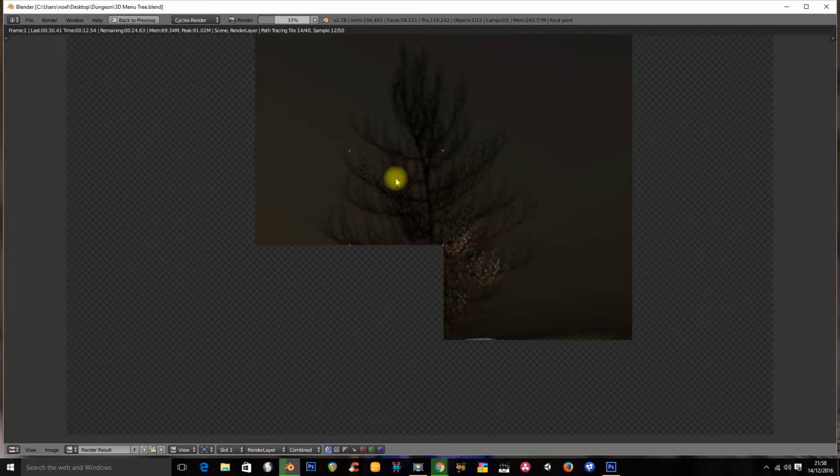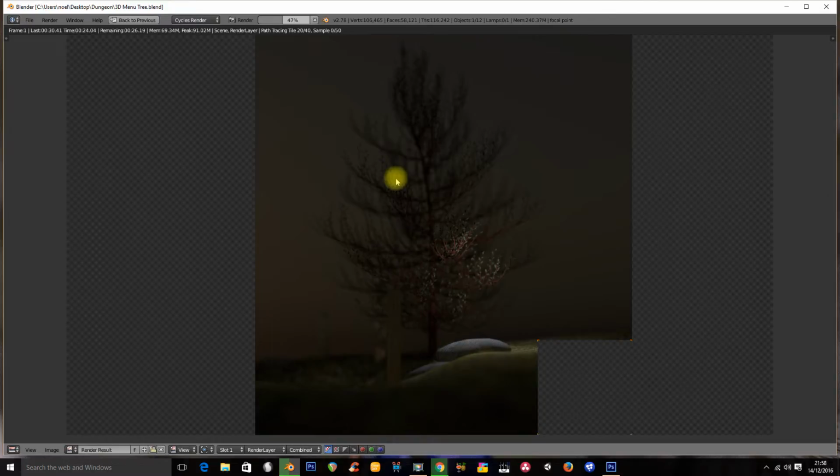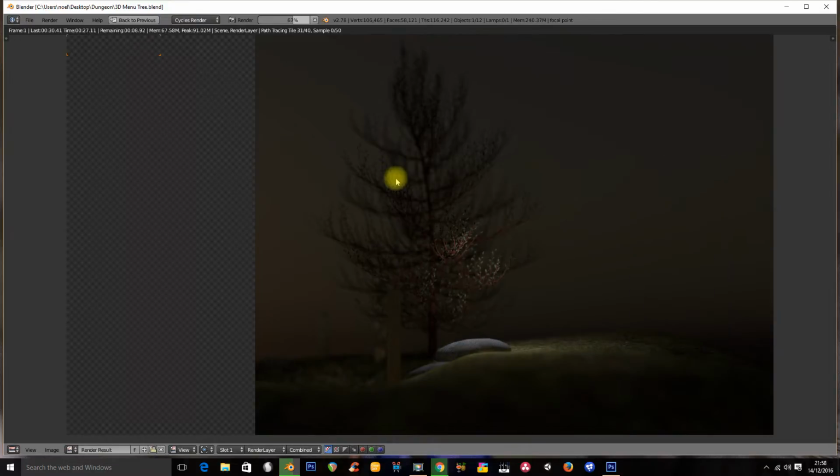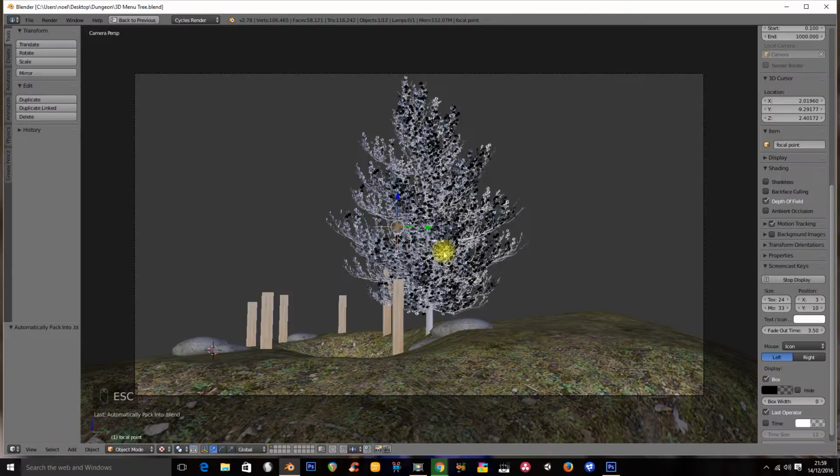Maybe I need a big signpost with an arrow pointing to a hole in the ground saying dungeon. Now, what we should probably do, so that all looks really nice, we should probably have the light come out of the hole in the ground. So let's do that. So let's take